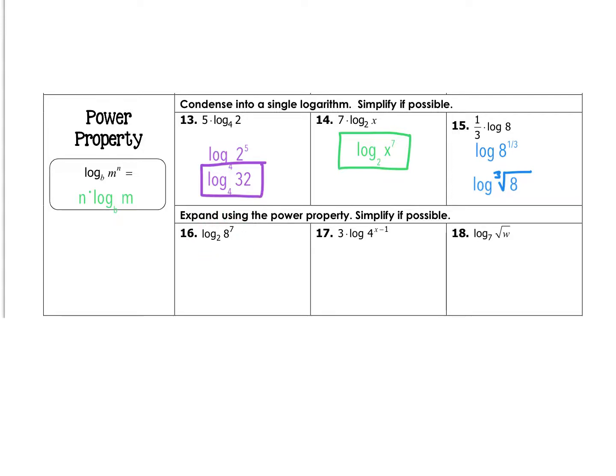So we're going to rewrite this into its expanded version. When I look at this, I know that this exponent 7 is simply going to come out in front. So my answer to this is going to be 7 times log base 2 of 8. So go ahead and pause the video. I'm going to have you try 17, and then I'm also going to have you try 18, but let's go